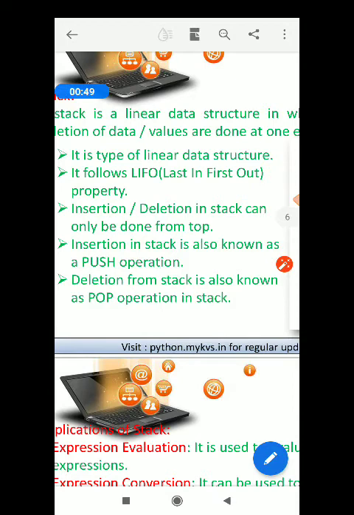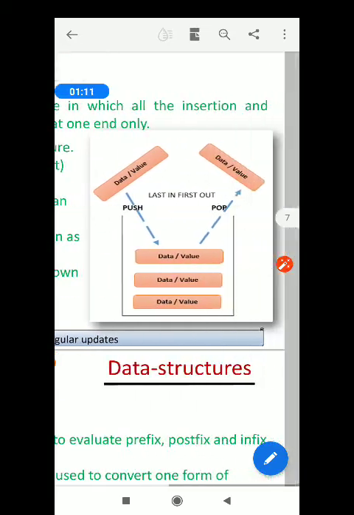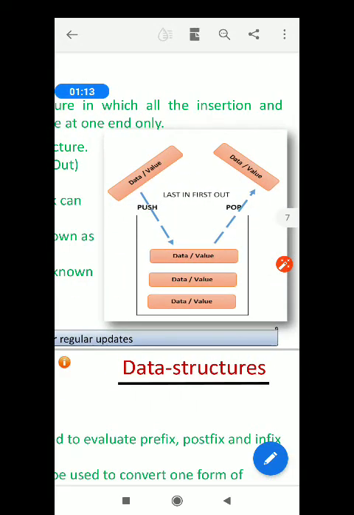Okay, so here we have seen the insertion and deletion in a stack. Insertion is called the push operation and deletion is called the pop operation. And we have also seen a diagram showing how to push elements and how to pop or delete items from a stack.